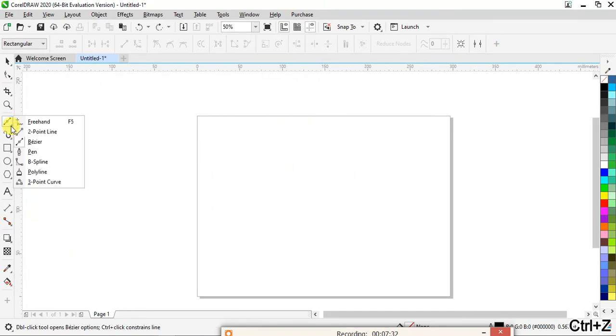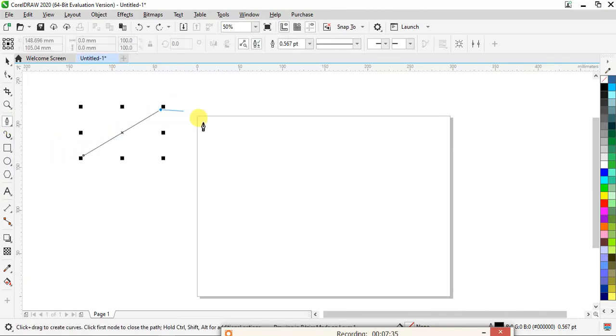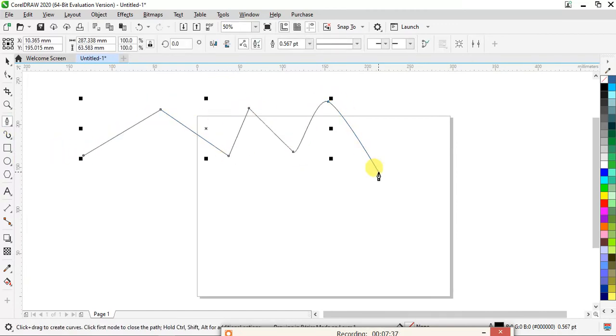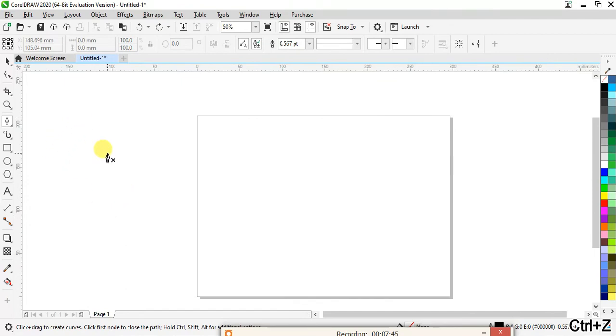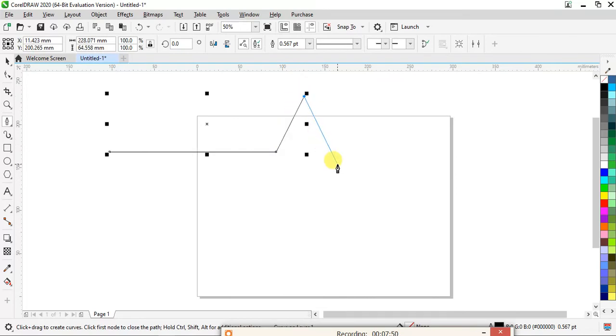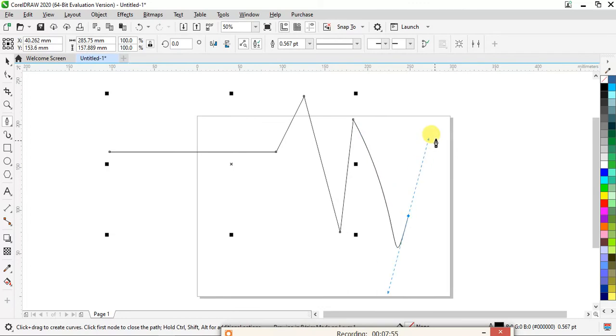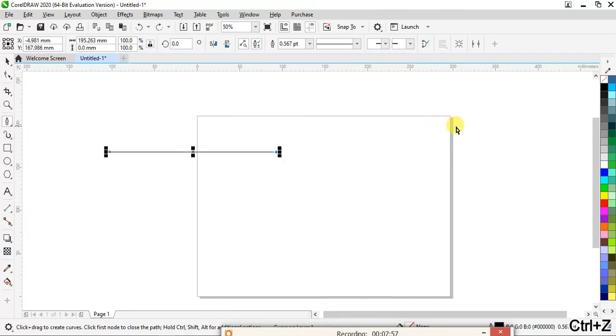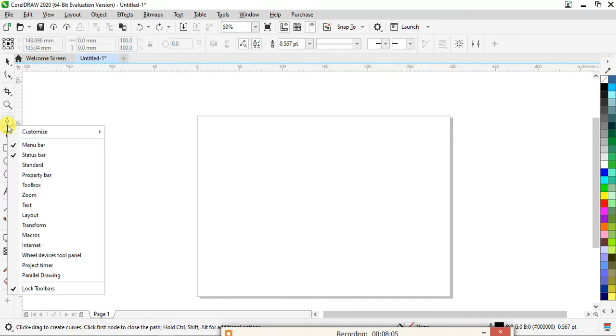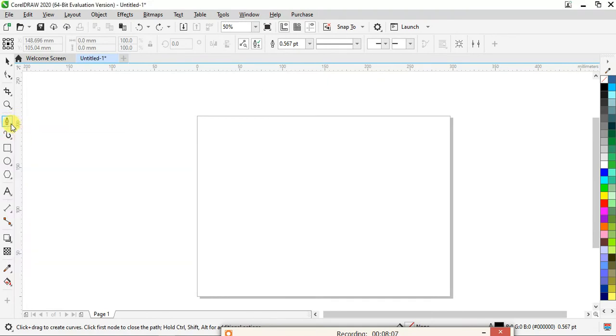Now the next tool is the pen tool. The pen tool is very simple and almost everyone is familiar with this tool. Basically this pen tool is also used for giving curves. So I would recommend that rather than using the Bezier tool for curves, you use the pen tool. It is very flexible to use. Like the Photoshop pen tool, which is used for selection purposes, it can be used for drawing also.